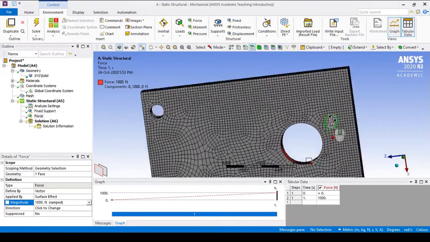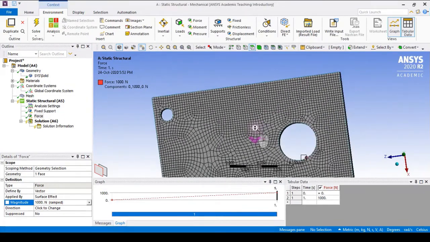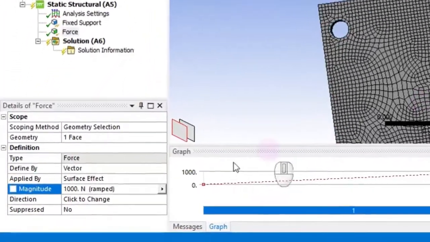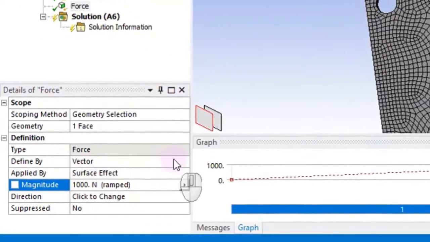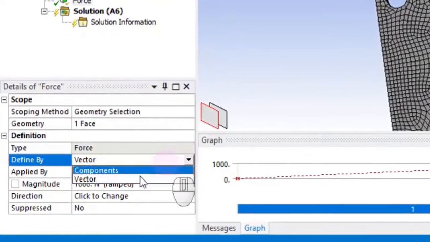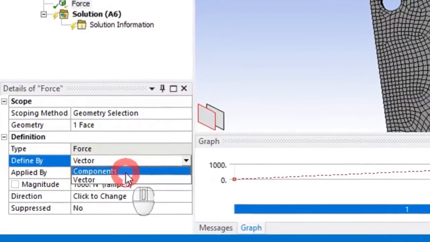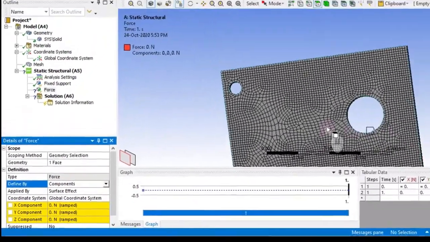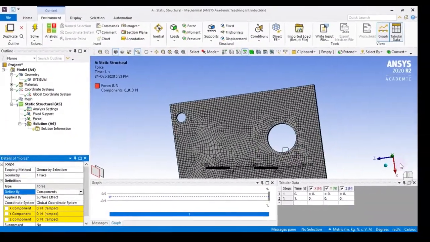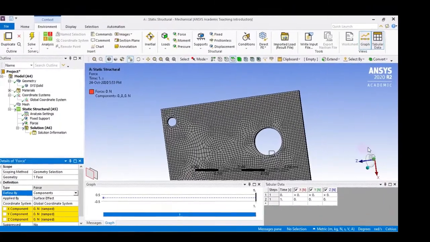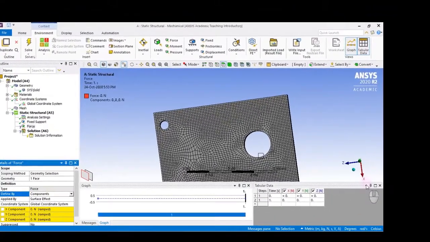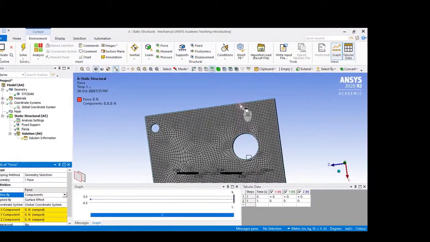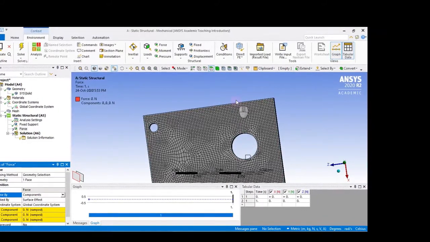But I don't want it like this. I want towards downward direction, right? So my force should be towards downward direction. In that case, what I am going to do is, instead of define by vector, I will change this vector to components. Let me click this component. It shows now what is my x component, y component, and z component. So I want towards downward. So downward, you can look at this particular coordinate system. Your x is towards downward, right? So positive is along this direction. When you give negative, it has to be minus. Minus will be towards upward direction, right?